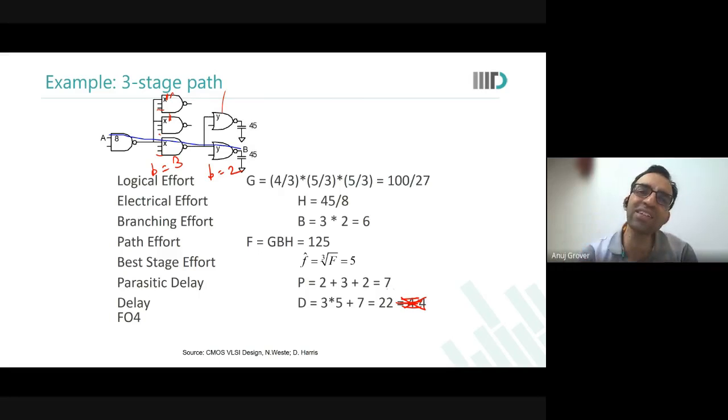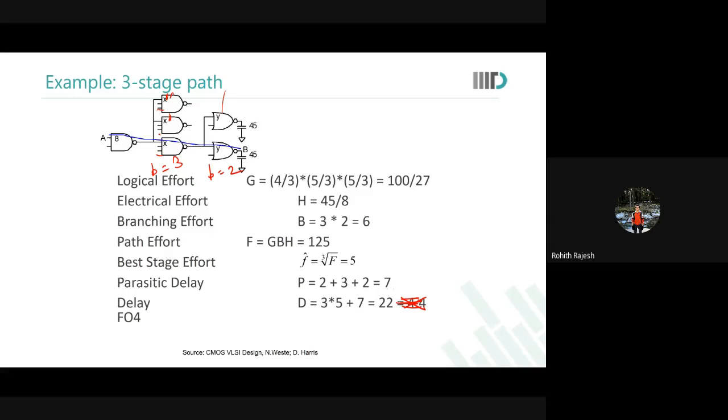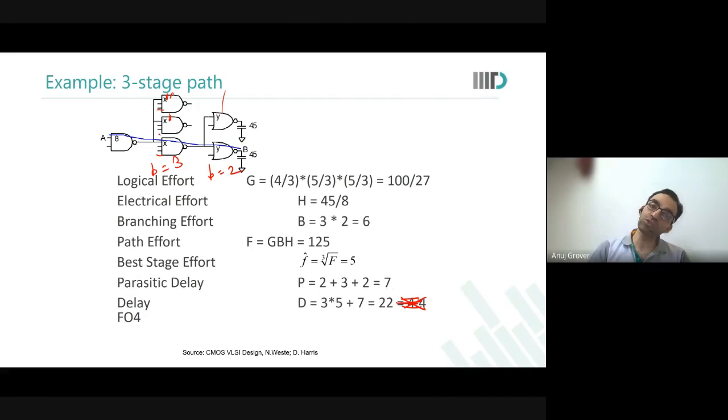So if it is not given, then assume it to be the same. Sir, in that case, if they are not all given as the same, then we can't directly write the branch effort as 3x2, right? If it is not given, you make the assumption and simply do 3x2. If it is given, then everything is available to you, and you actually calculate the branch effort.